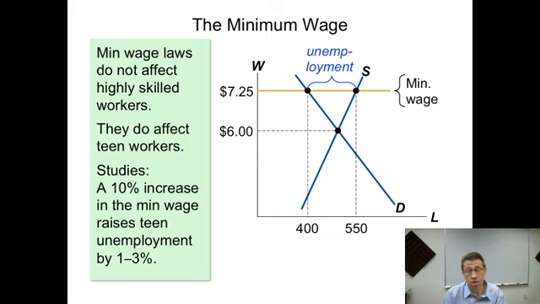So if you put in a higher minimum wage, what would you expect? More unemployment among low-skilled workers. And it's tough to assess overall because there's a million things going on in the economy, but most of the studies do indicate that teen unemployment tends to go up maybe about 1 to 3% when you have a 10% increase in the minimum wage. It's going to be especially damaging because